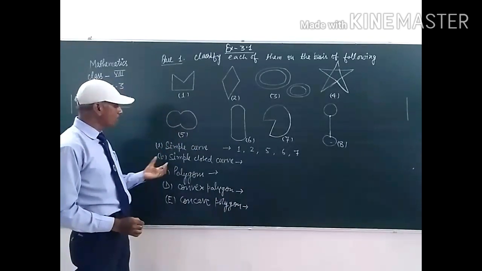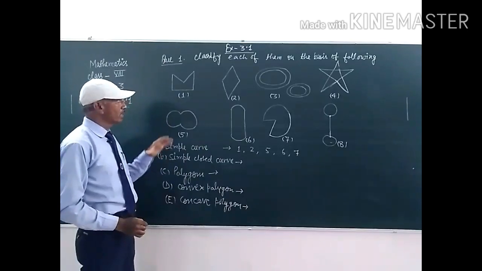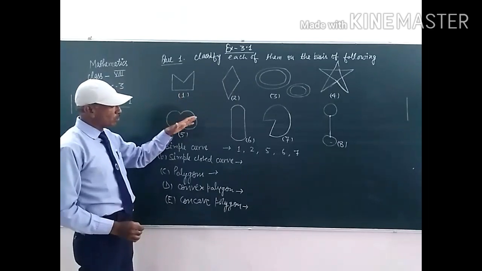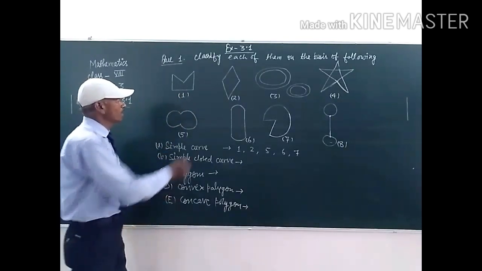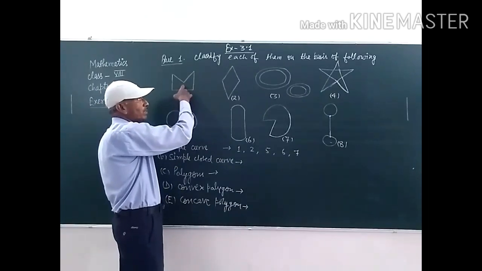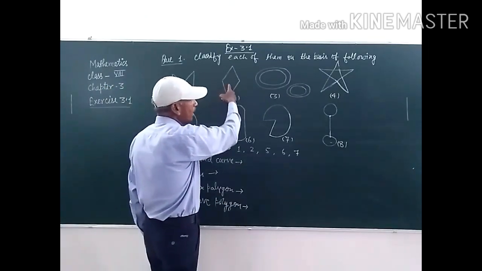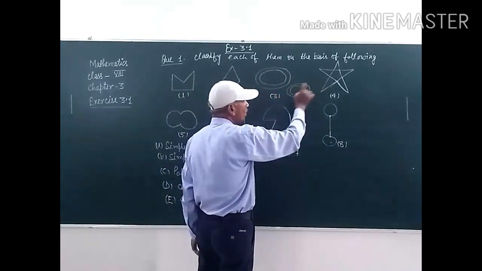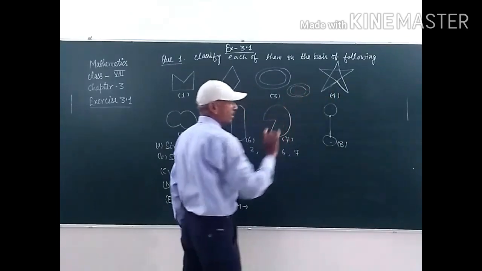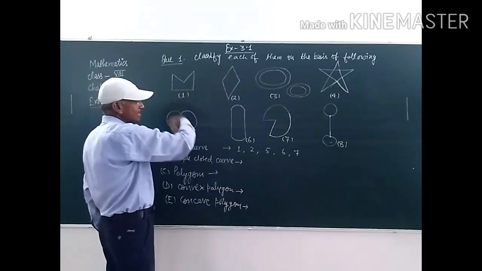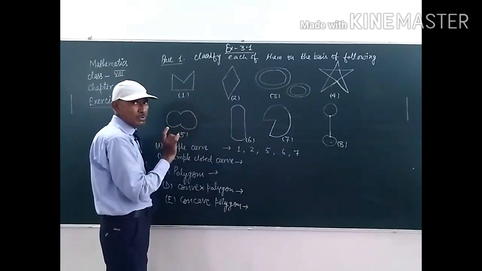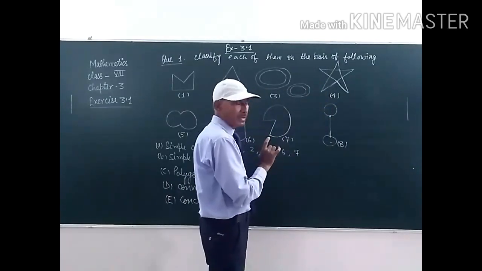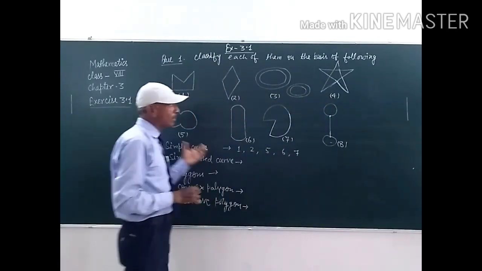Now, we have to find out simple closed curves. So, students, these are the simple curves. If these figures are closed, then they are simple closed curves. This figure is a simple closed curve. This is also a simple closed curve. And because these are not simple curves, we have to leave this one and this one. Clear, students? So, in these 5 figures we have to choose now. We have to find out simple closed curves.